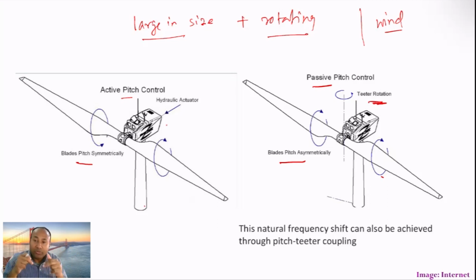So there is a huge mechanical load on the structural components which hold these blades and this whole unit. We will consider those things when we talk about load balancing. But you need to have some mechanism to have control over those things. So that's what it is talking about.